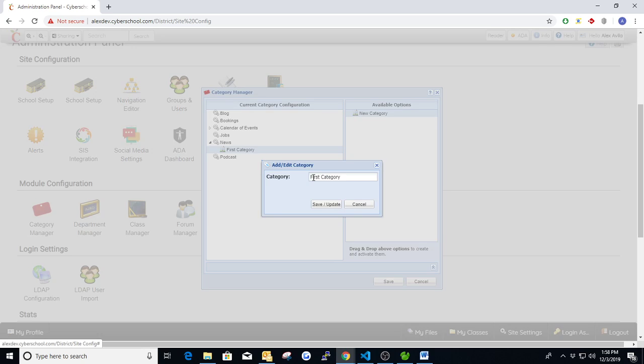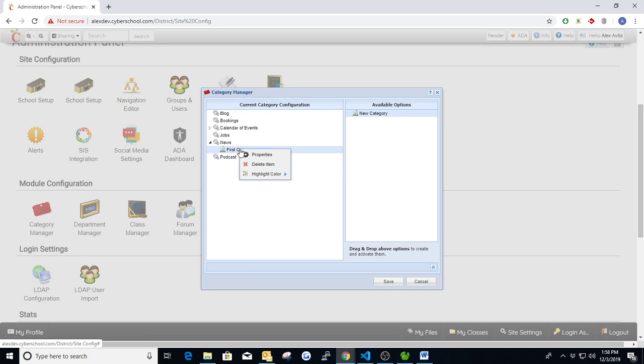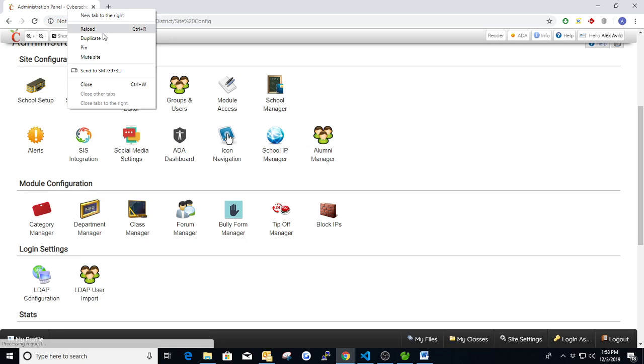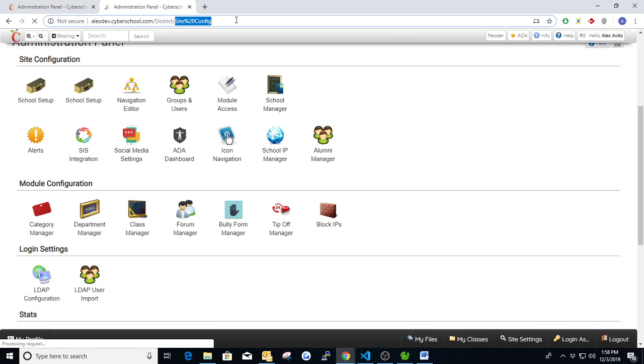And let me right click first category. With properties, I can only really change the category name, but I can actually change the highlight color to say this red color, or maybe even one of these bluer colors. Let's say this blue color here. Now, if I save this, and let me actually go to the news module,